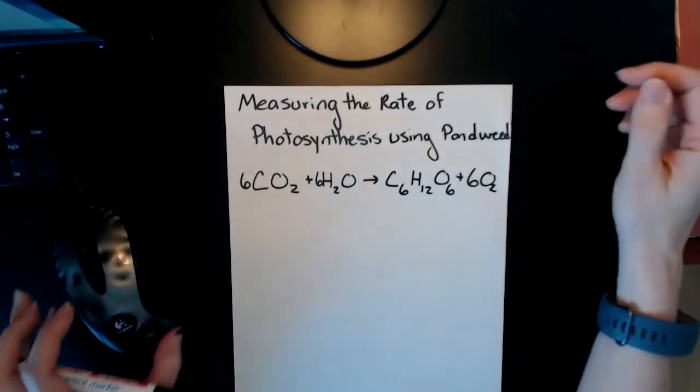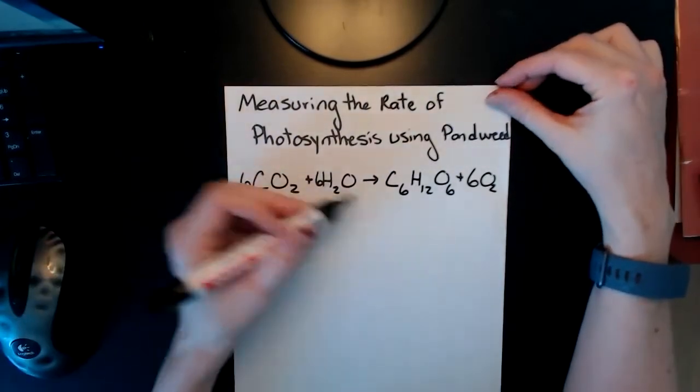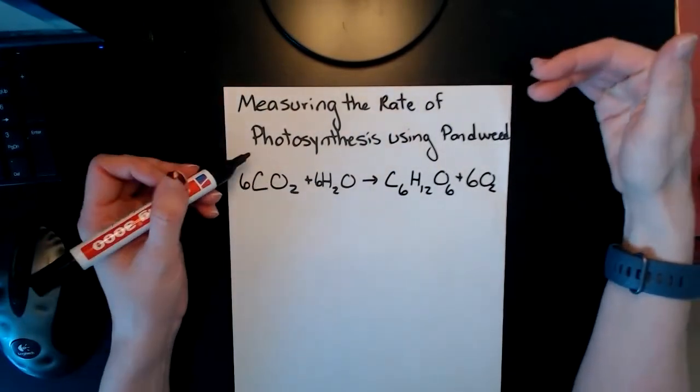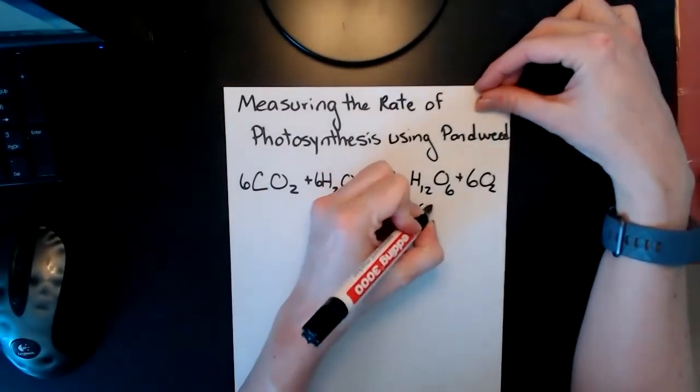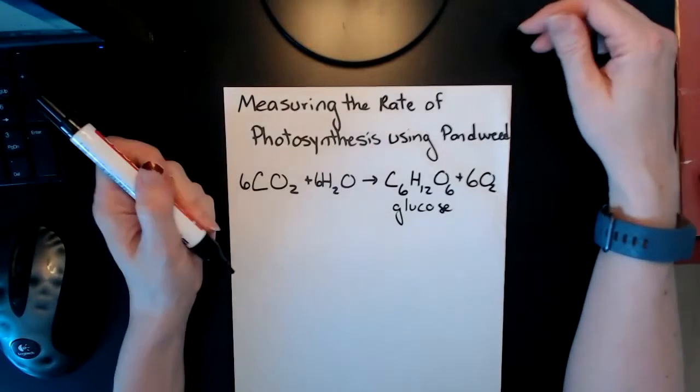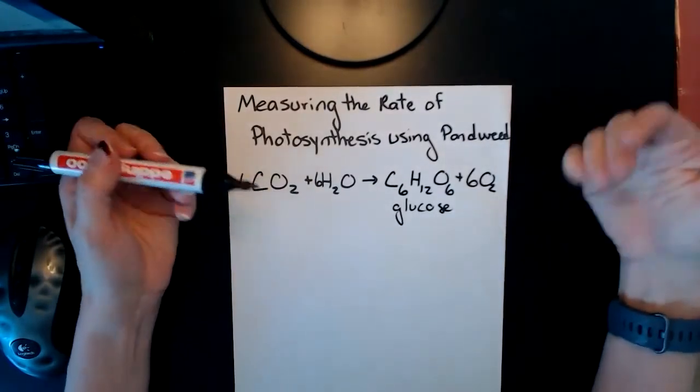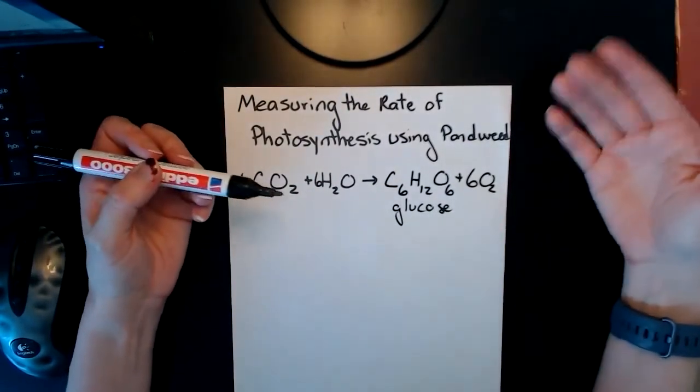Okay, through the magic of pausing video. So this is your balanced chemical equation for photosynthesis, right? So this is your CO2, this is your water, this is your glucose, okay, and this is the oxygen that's produced. And so if you want to directly measure how much photosynthesis is happening, the rate at which it's happening,